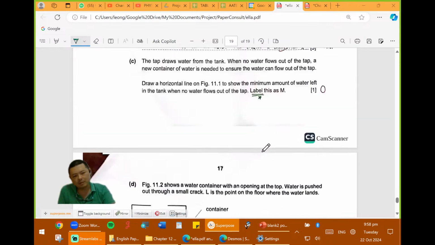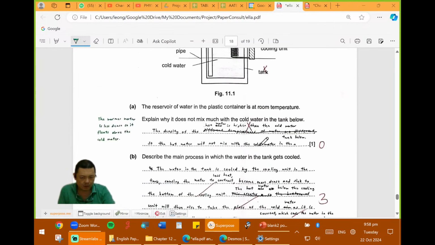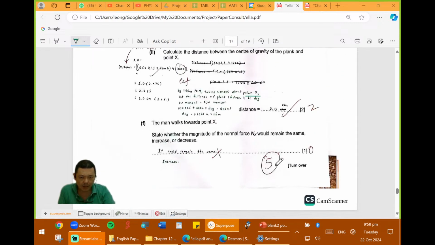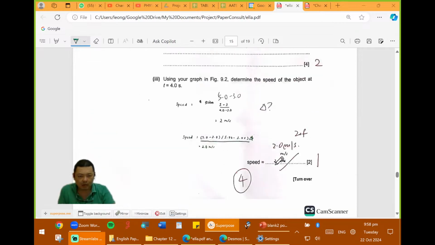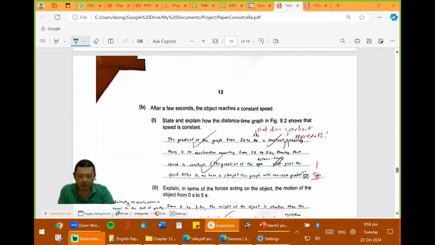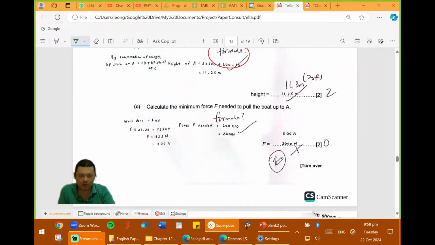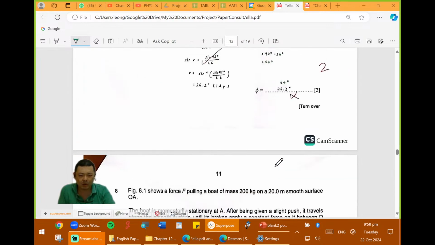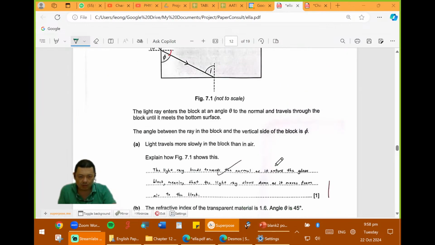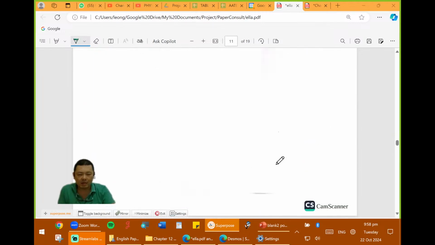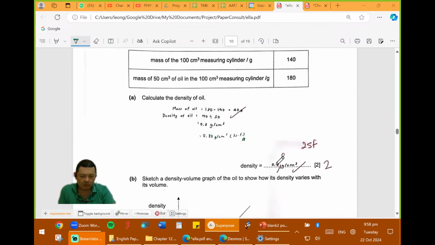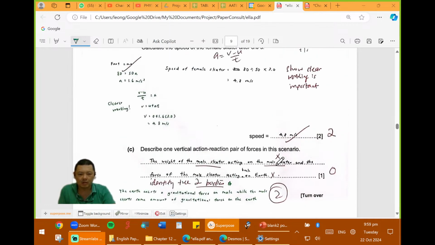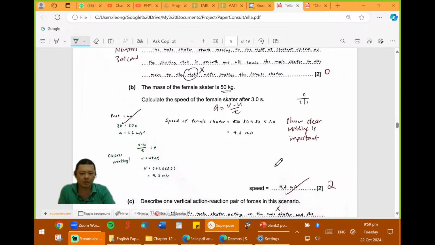Honestly speaking, I'm quite happy with the way you have done the rest of the paper. I'm just looking at it now. The ones that you got correct show that you have a lot of ability. Even the ones that you got wrong, it's careless, yes, but your mistakes are not gibberish.